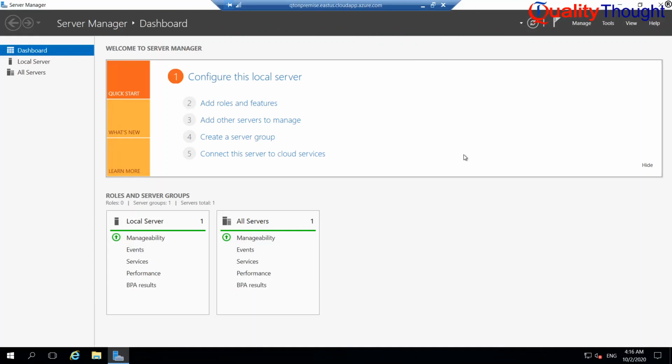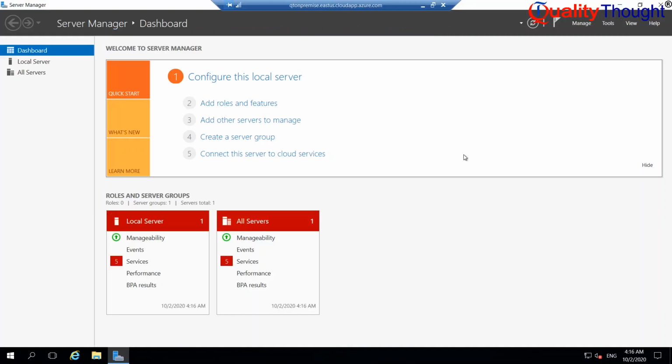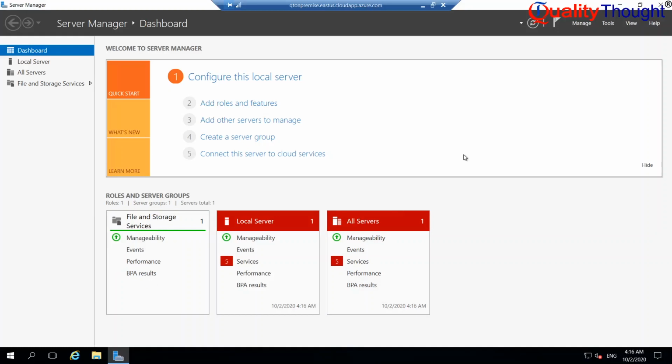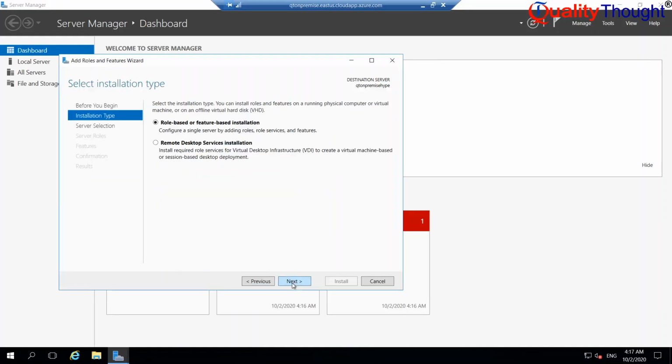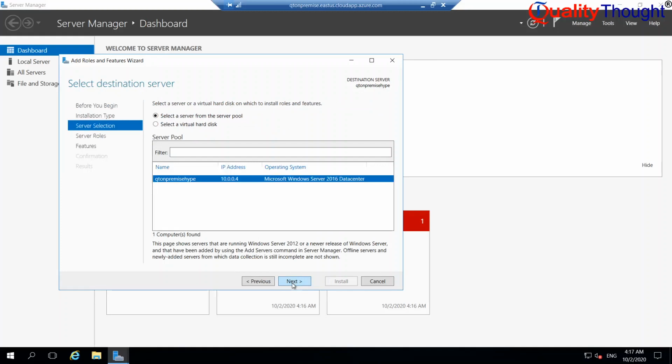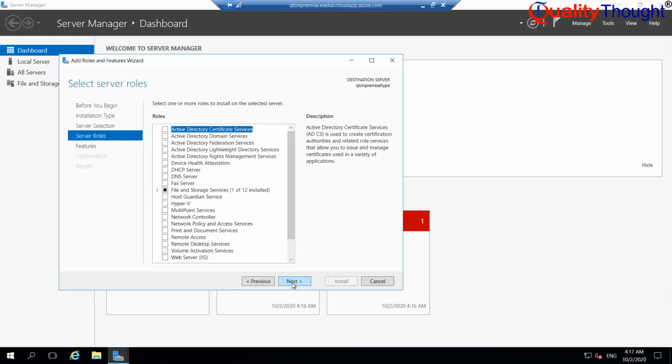Let us wait for the server manager to confirm the status of the machine. I can click on add roles and features, next, next, next.